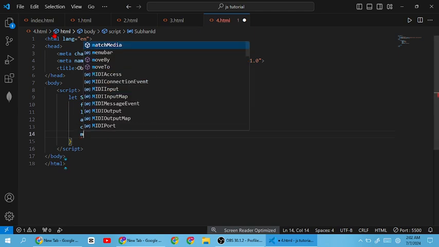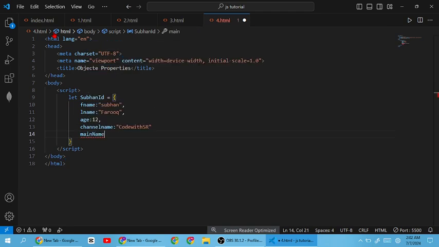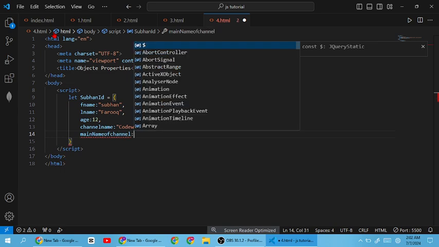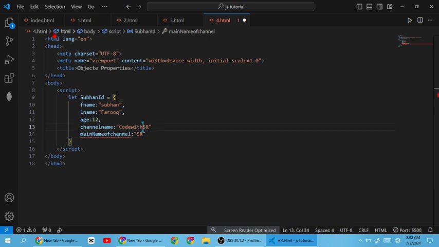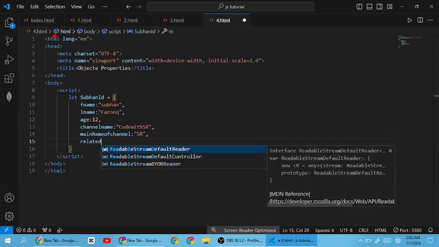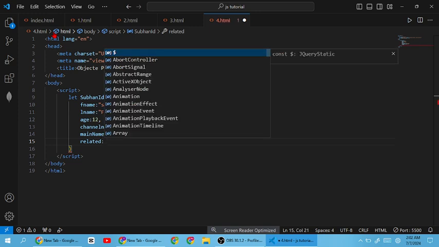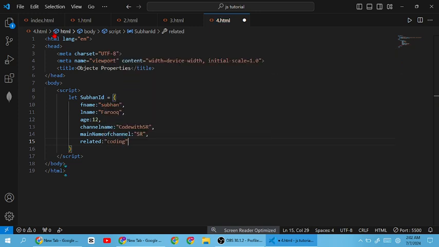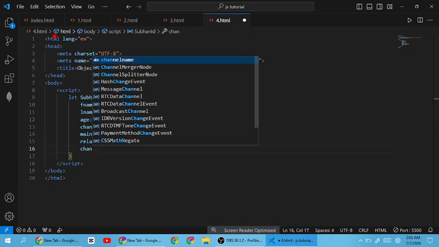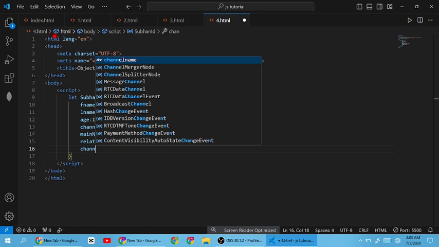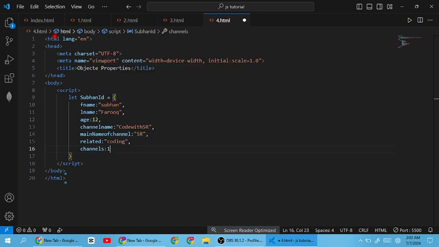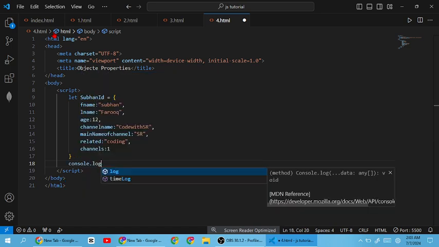The main name of channel is SR, and related coding channels. And now if I save it and add a console.log